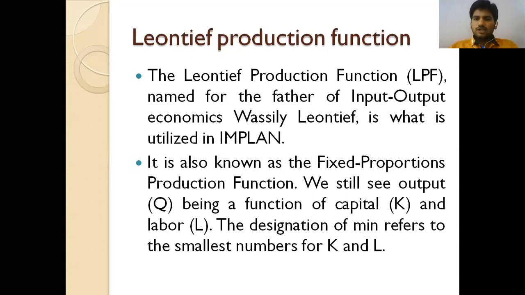So we are going to keep that in mind and apply this. That is, we are going to fix it for one particular production. What is the fixed capital and what is the fixed labor? We fix these, then we produce the output. So the output Q is equal to the minimum of AK and BL.